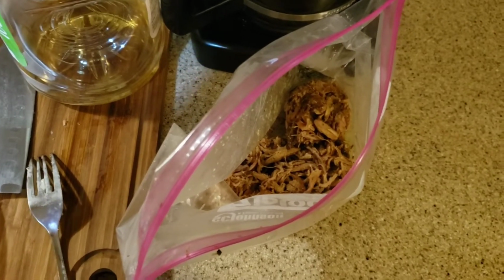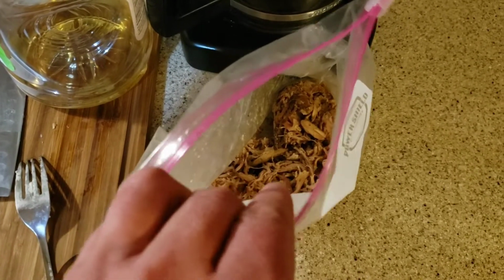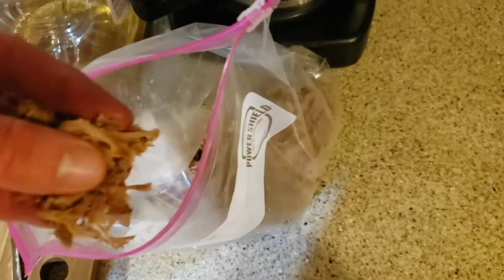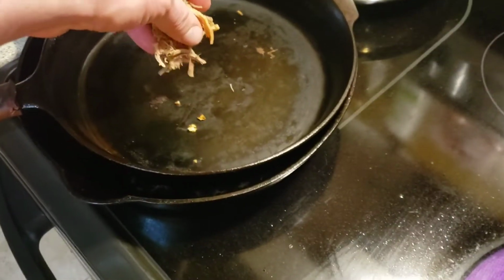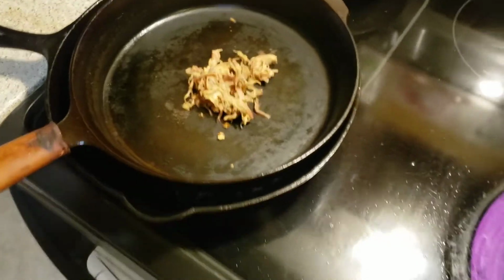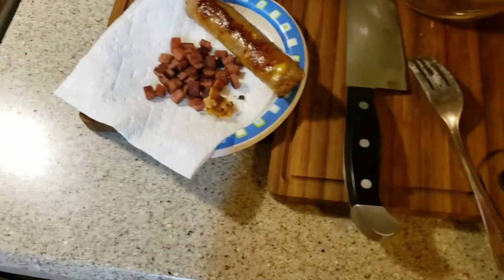So the last ingredient is a little bit of pulled pork here. So we're going to grab just a little bit. We don't need much. It's basically just a topping at this point, like a small little handful like that. Maybe a little more. We need a little more than that. Another, about like that. About like that, and then we're going to put